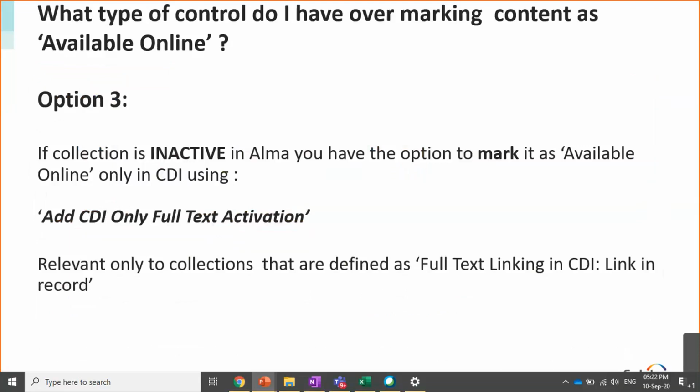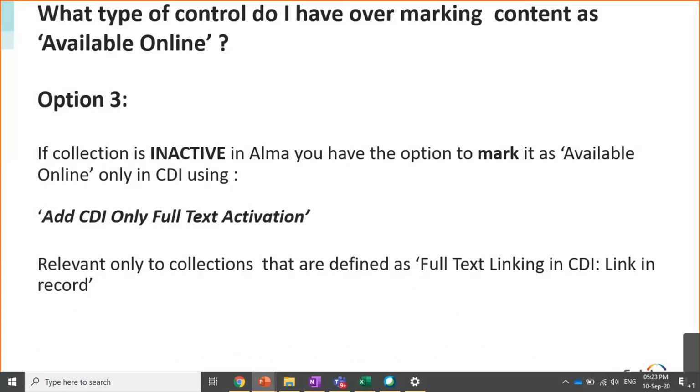So it's an option to expose the content in CDI, but you do not want to expose the content through your discovery or through the Alma link resolver. So this option is called Add CDI Only Full Text Activation. And of course, it's only relevant to collections that are defined as collections that have the linking done through linking record.